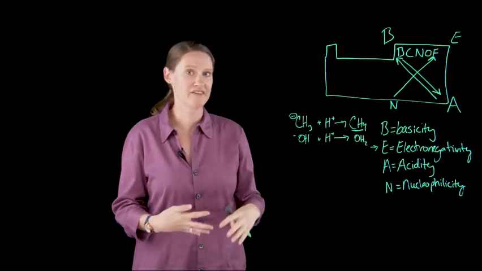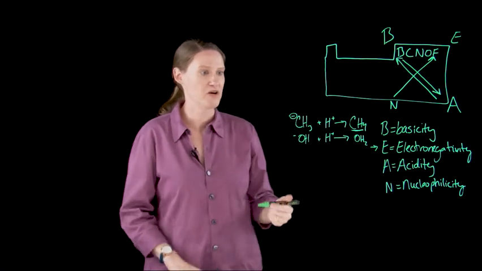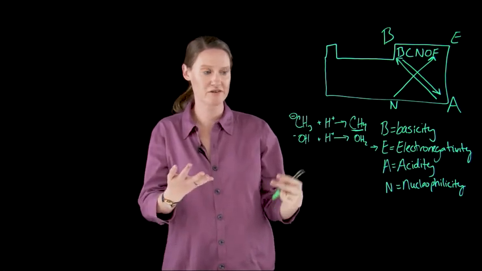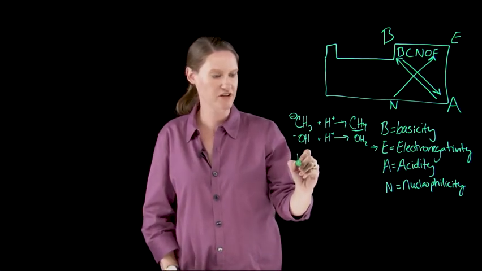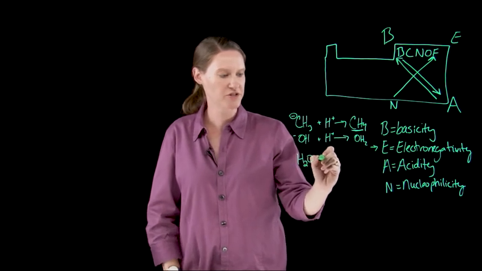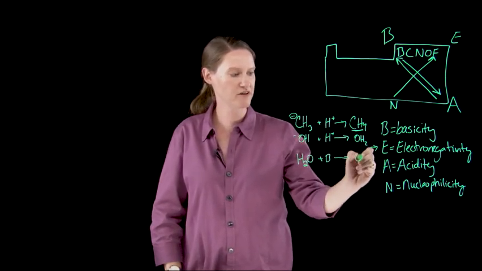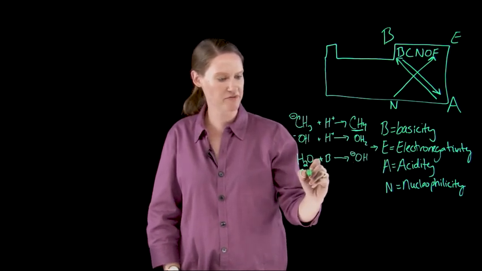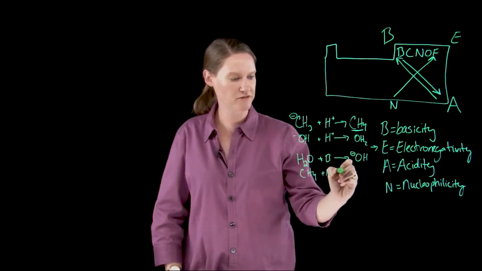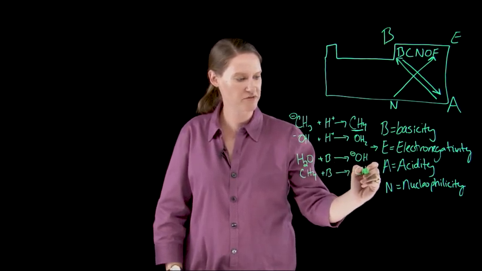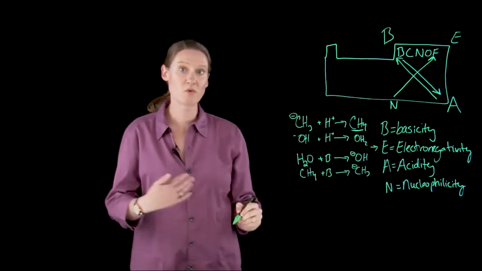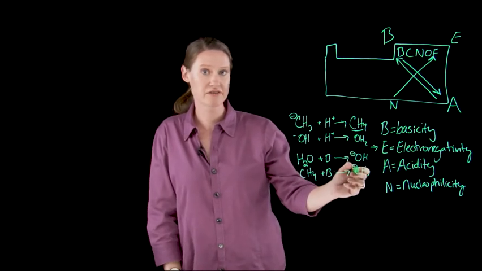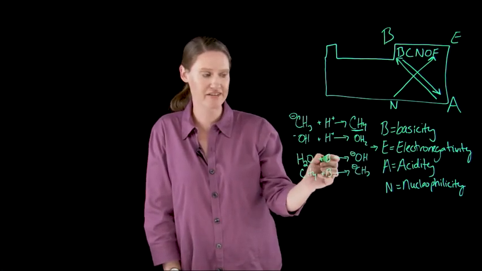And if we think about this as a reaction, what this is saying is that something that is more acidic is happier to give up a proton and become negatively charged. So let's think about that as an example. H2O plus a random base is going to become OH minus. And if I stick with this example and say methane plus a random base is going to become CH3 minus, then which one's more acidic? It's going to be the one that's more stable holding the negative charge, because when it has to act like an acid and give up a proton,